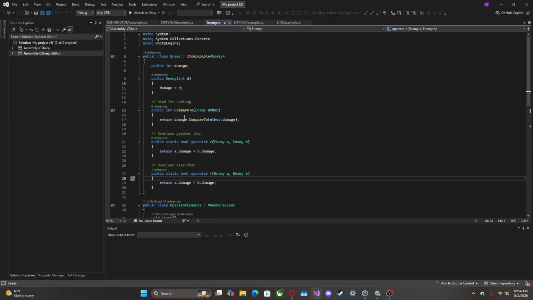So you use symbols like compared to or IComparable. And at least in this example, it compares the enemy's damage from one to another. So we compare enemy damage from enemy A to enemy B, and enemy A's damage is greater than B. But then here it's less than B. It allows us to overall